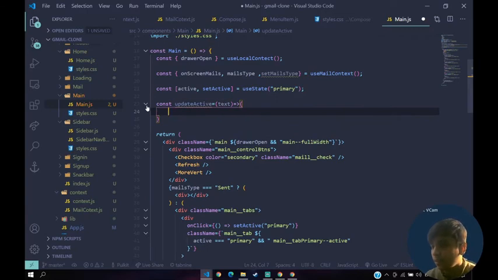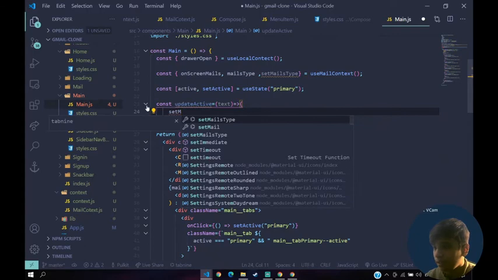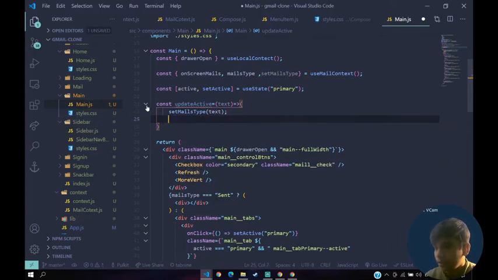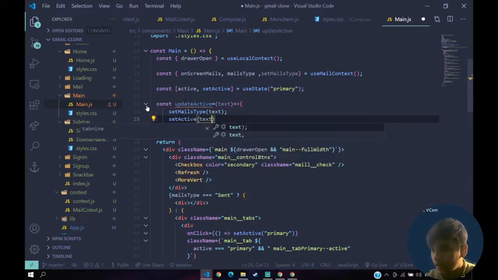Inside of this we say set mails type to be text and set active to be text.